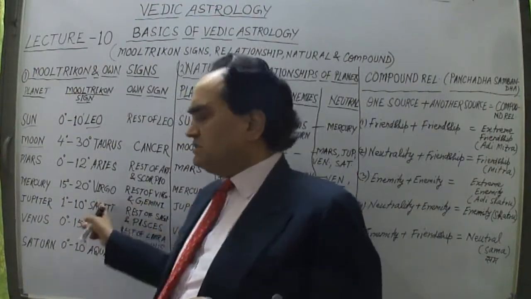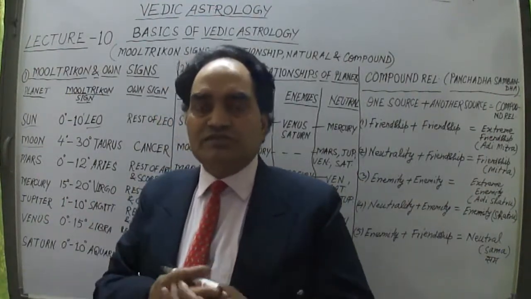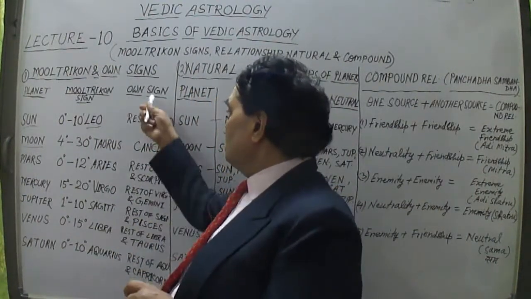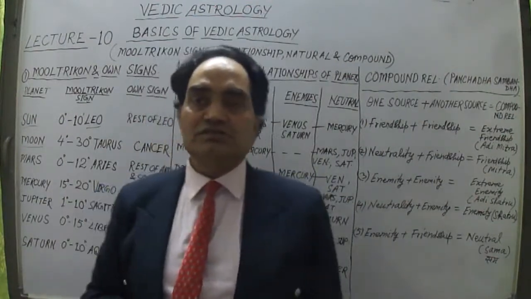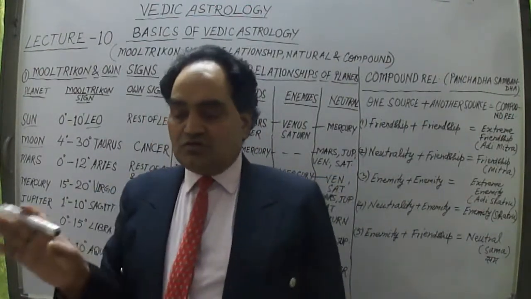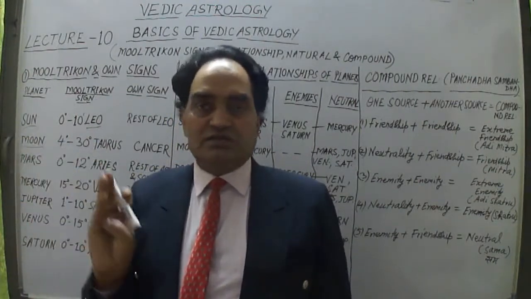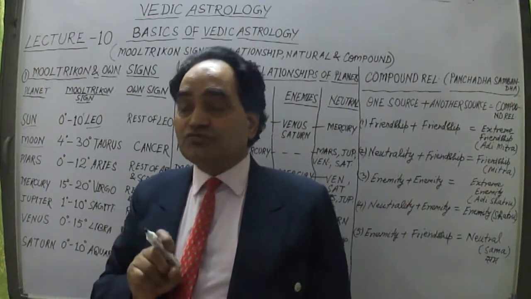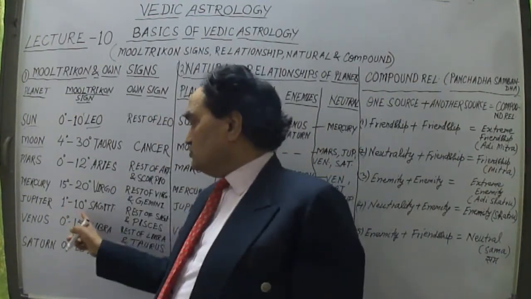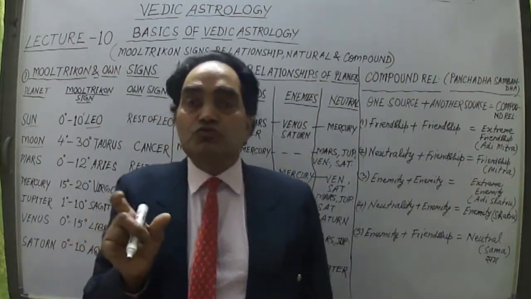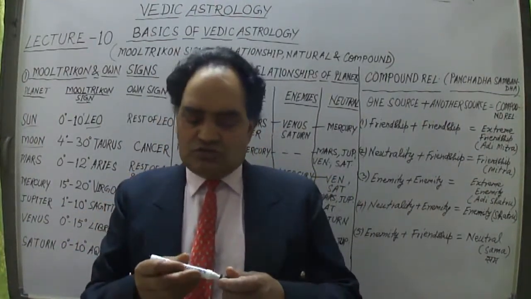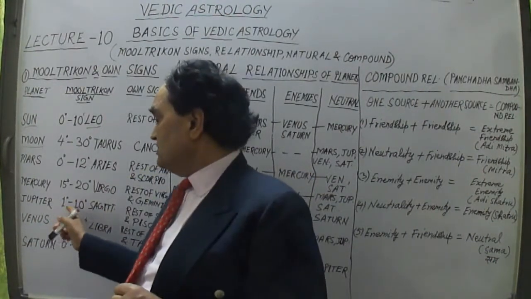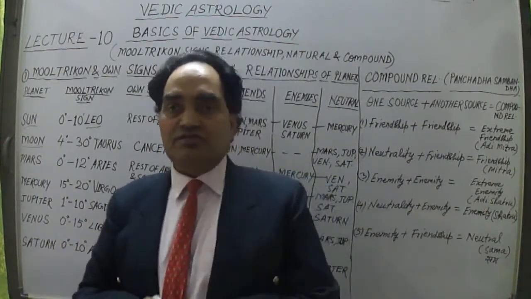and the rest of the Sagittarius sign, along with Pisces, these two are his own signs. As I told you in the 9th lecture, these two signs, Sagittarius and Pisces, the 9th and 12th signs, are ruled by Jupiter. Jupiter is lord of these two signs. But during this 1 degree to 10 degrees in Sagittarius, the Mooltrikon sign of Jupiter, Jupiter is more active within this degree range in the 9th sign, right?